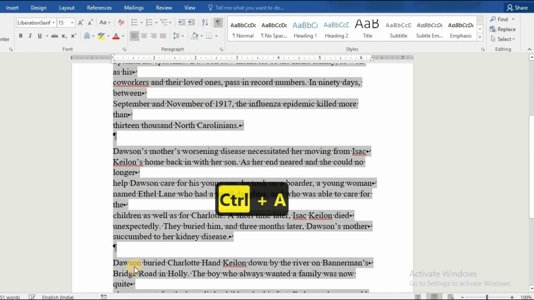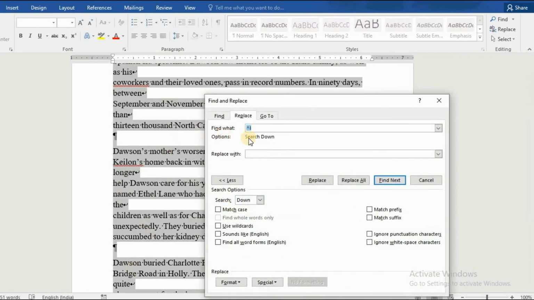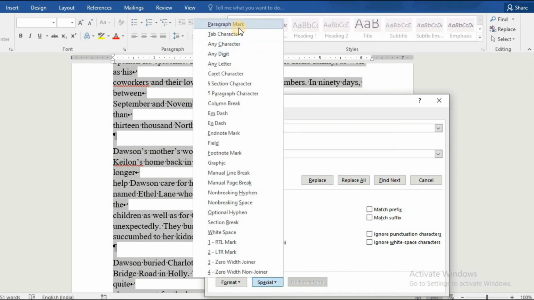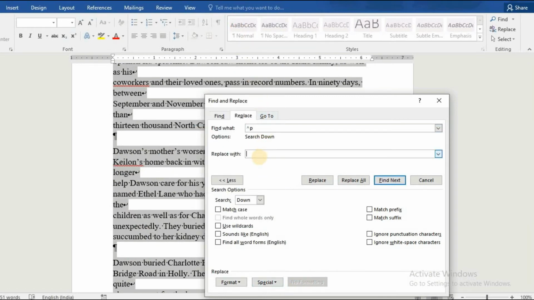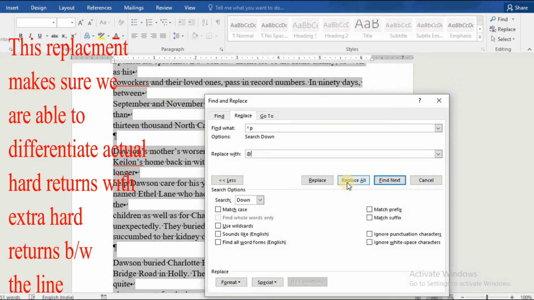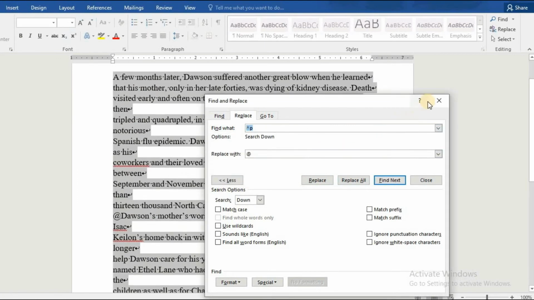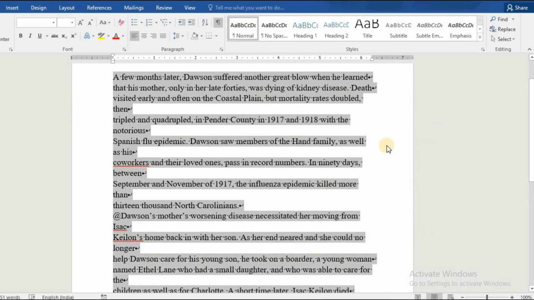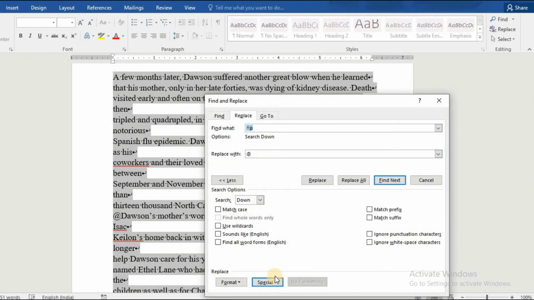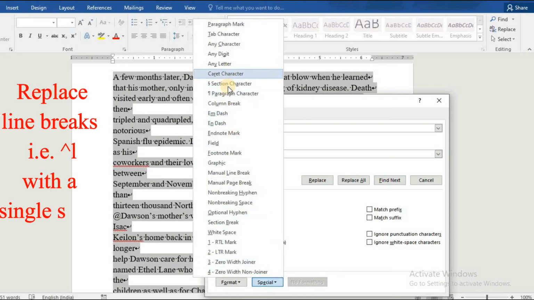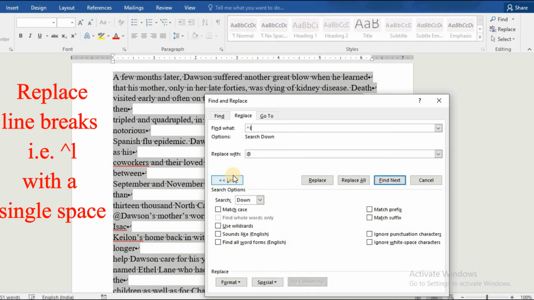What I mean to say, Ctrl H. These paragraph marks with. OK. Coming back to the text again, now we can very comfortably replace the line breaks or the page breaks or the hard return with a single space. I'm looking for line breaks. Is it there? I'm replacing it with space.